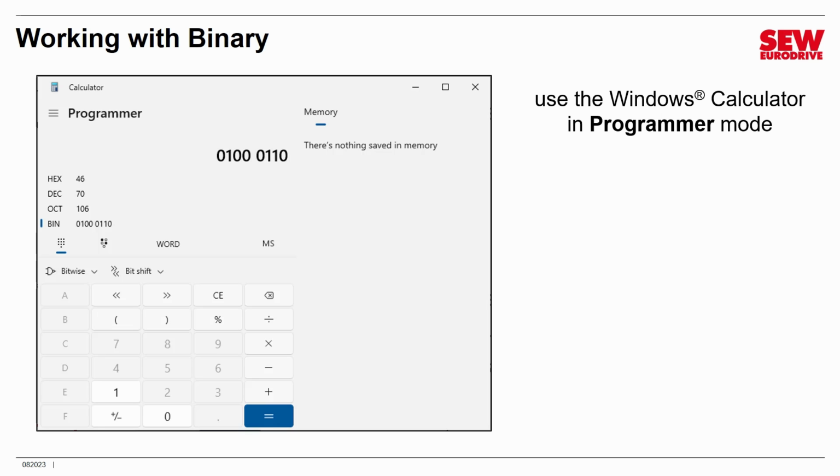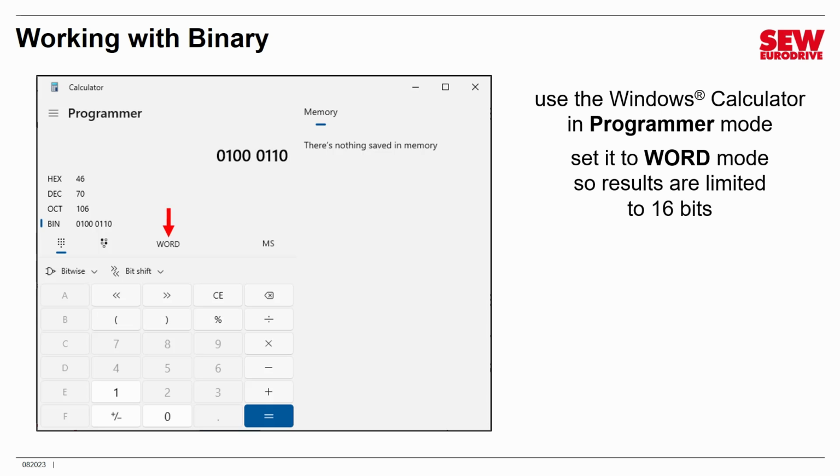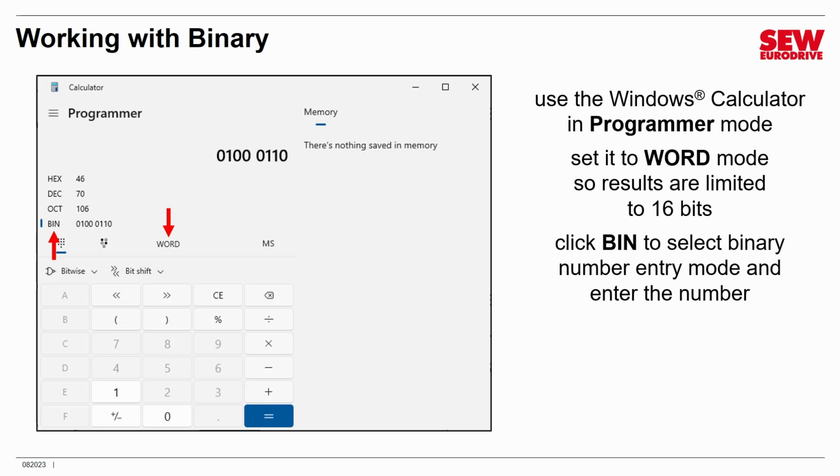If you click the menu in the upper left corner and change it from standard or scientific to programmer, it will work with binary and hexadecimal numbers as well as decimal. So change to programmer mode, and then if you want to work with a binary number, first you need to click where it says word. It may say D word or Q word when you start the calculator, so just keep clicking it until it changes to word. What this does is it limits it to 16 bits, which is the size of a PO or a PI. Then click binary to put it into binary mode, so click the bin section there, and enter